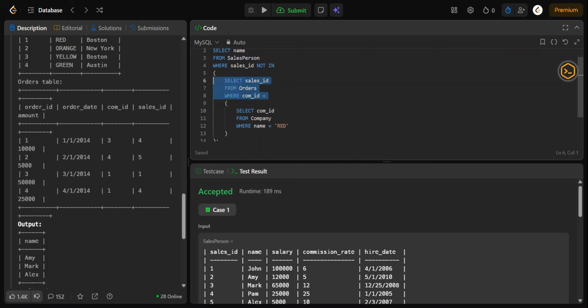Select sales ID from orders where company ID is one. When we find this out, the answer of that particular portion is one. That's why we can say that where company ID is 1, it will return 1 and 4. It will return sales ID. I hope it's clear. Okay, मतलब पहले हम इस क्वेरी को रन करेंगे, एंड देन वी विल रन दिस क्वेरी।